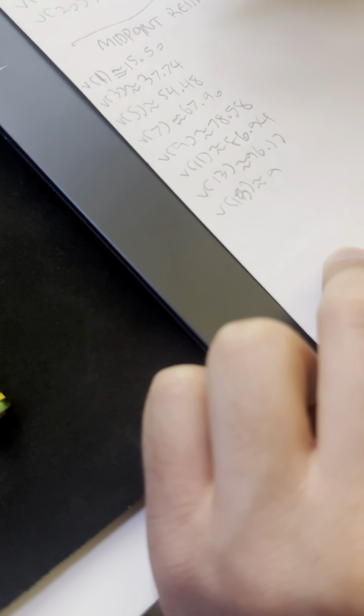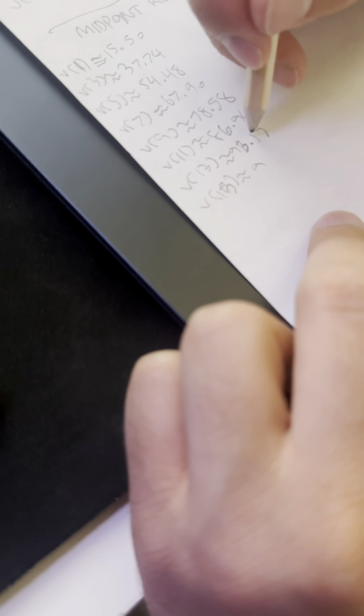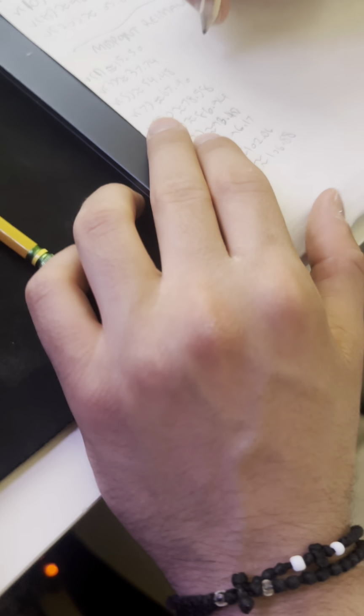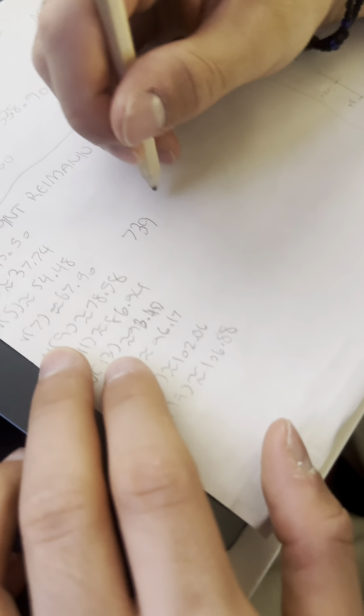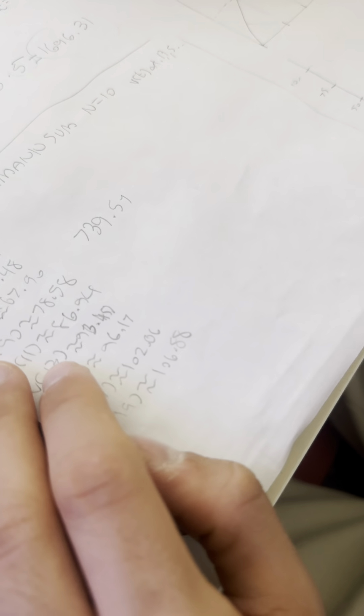Wait, no, I messed this up. 93.45. Apologies. Okay, now I'm going to add all these values up, and we get 739.57. So that's our length, and then we're going to multiply by the width,